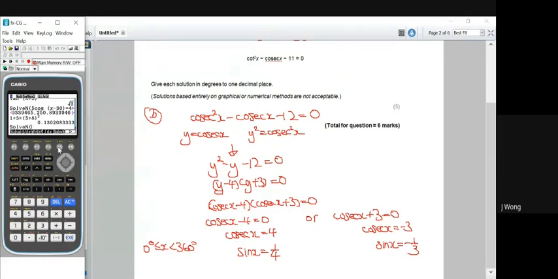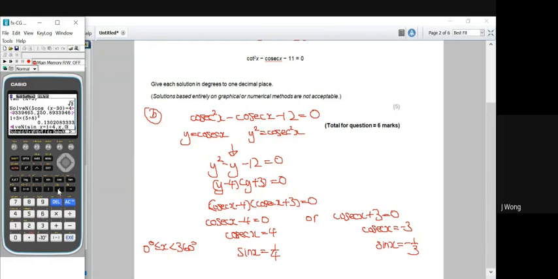If you have a CG50, go to var, then option, then cal, then solving, and just type in the equation. The first one, sine x